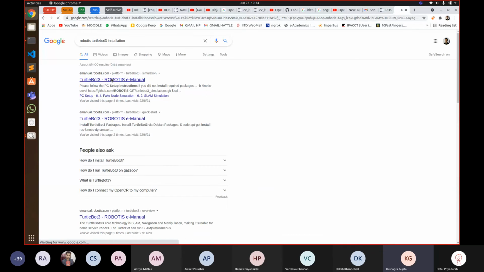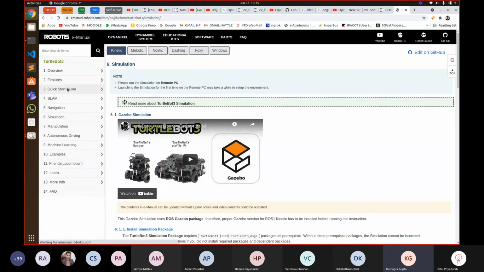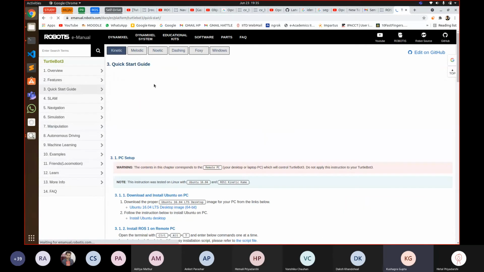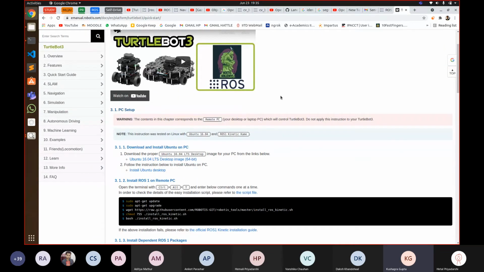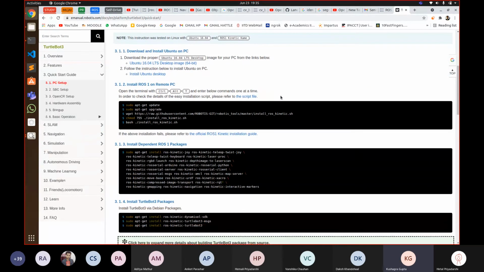After you do that, the second thing we encourage you to do is go to the Robotics website; we'll also send a link. Do the complete quick start guide, and do the simulation, and then after that go to simulation 6.